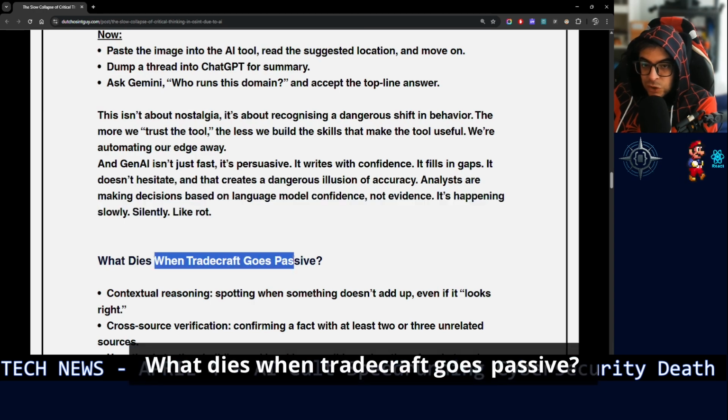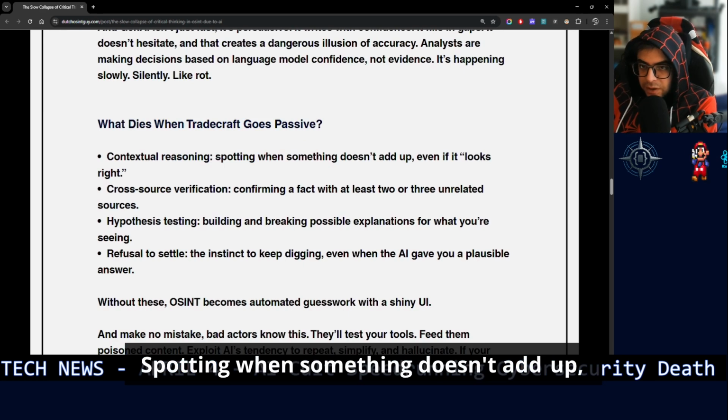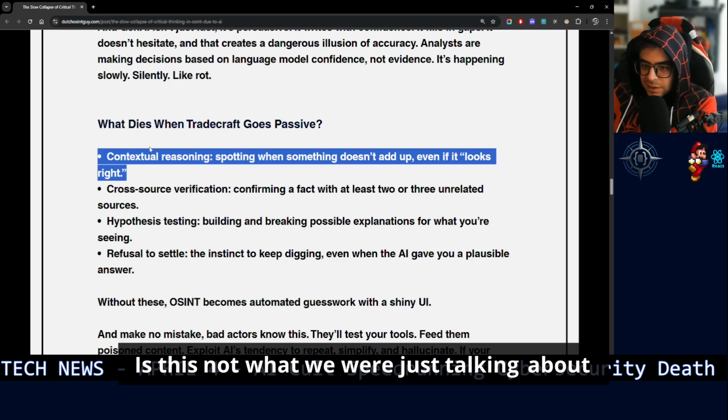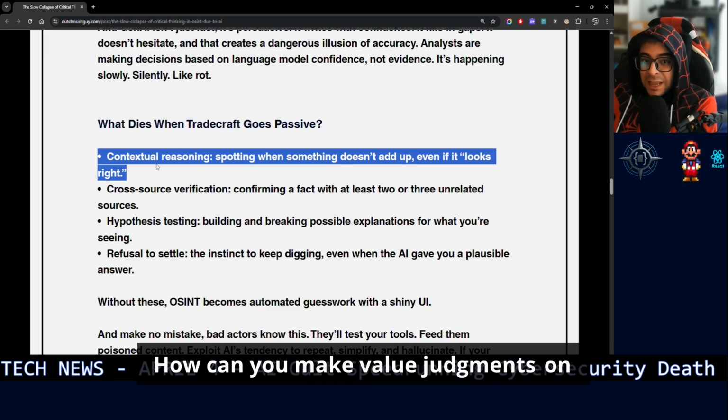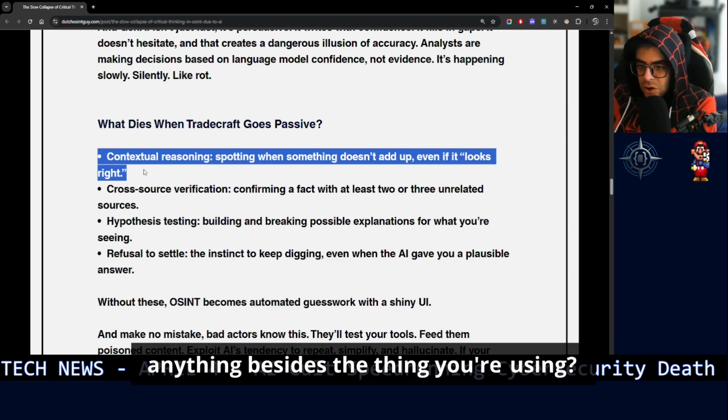What dies when tradecraft goes passive? Contextual reasoning. Spotting when something doesn't add up, even if it looks right. Is this not what we were just talking about just now? How can you make value judgments on anything you're using if you do not know anything besides the thing you're using?